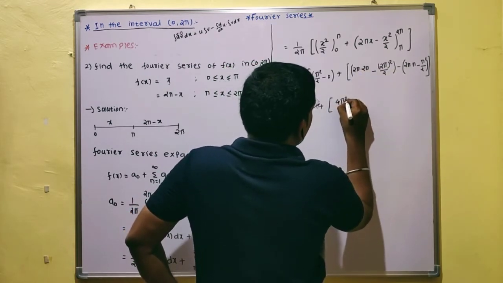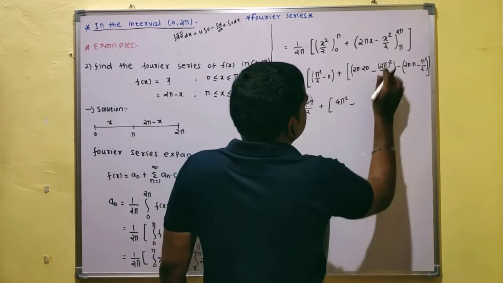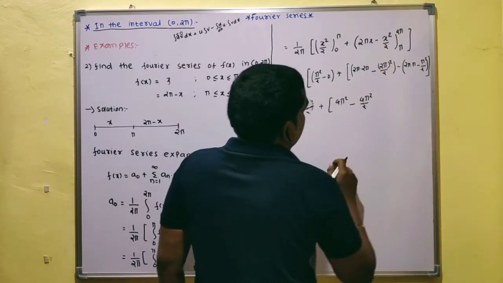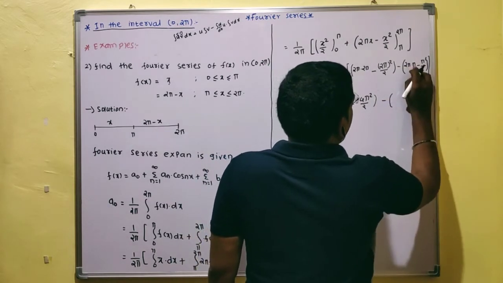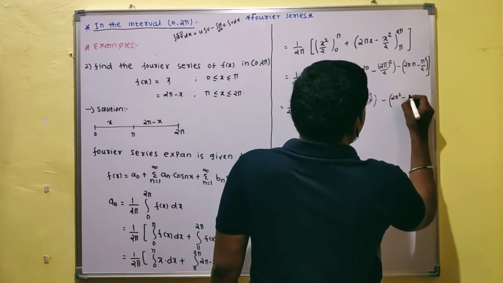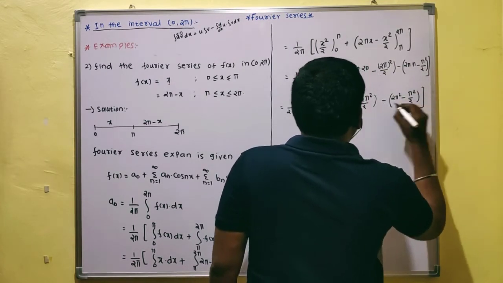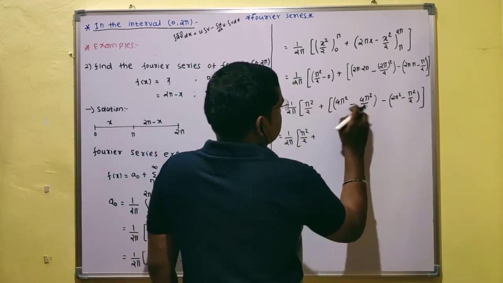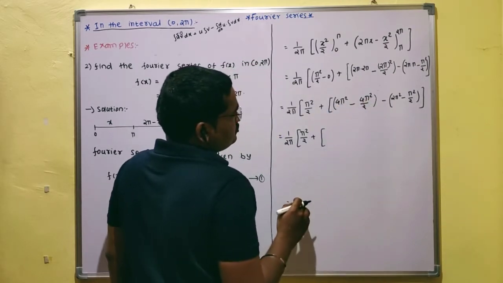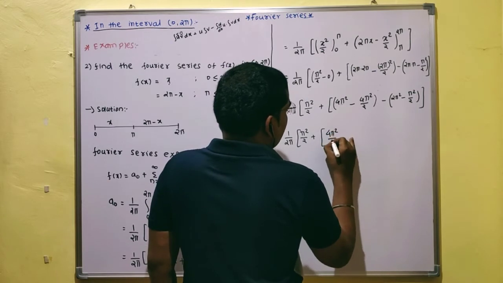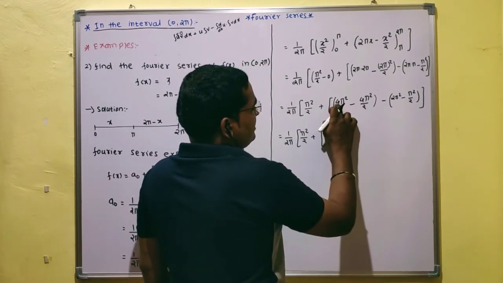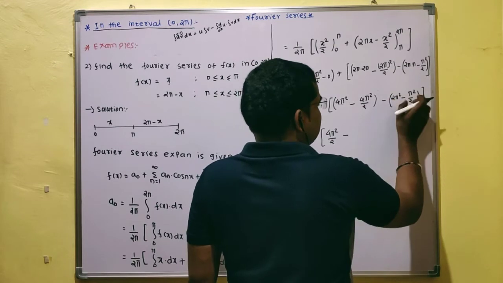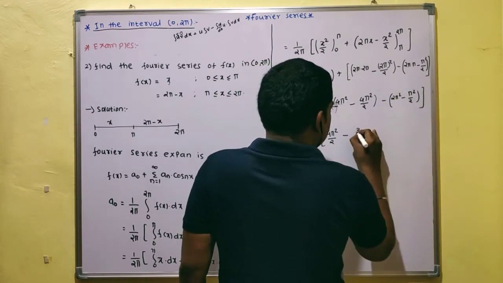4 pi square minus this is 4 pi square upon 2, this is nothing but 4 square into pi square upon 2 minus this is 2 pi into pi, this is 2 pi square minus this is pi square upon 2, okay, this bracket is complete, which is equal to 1 upon 2 pi as it is in this bracket pi square upon 2 plus, now this will become 4 pi square minus 4 pi square upon 2, this is nothing but 4 pi square upon 2, this is nothing but, after taking the LCM here, it will be 8 pi square minus 4 pi square is nothing but 4 pi square divided by 2 minus, now this, multiplying it here, after taking the LCM of this, 4 pi square minus pi square is nothing but 3 pi square upon 2, okay,